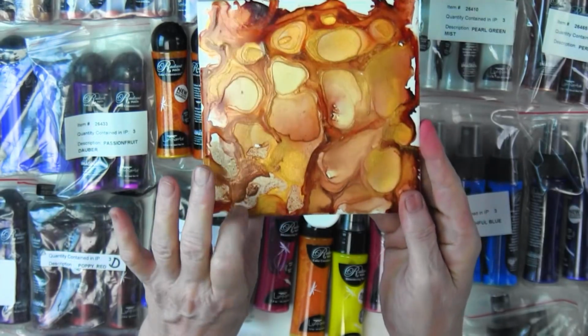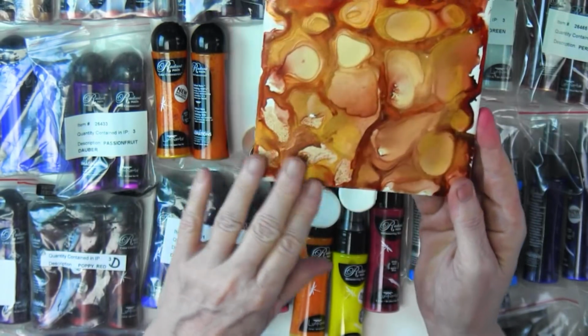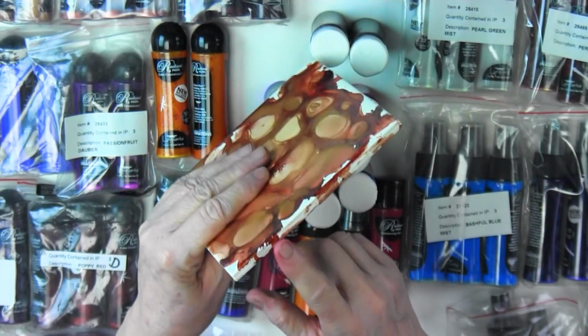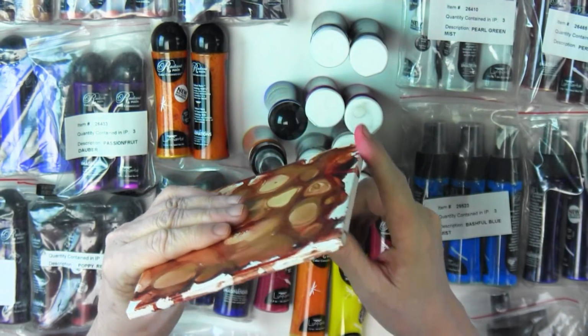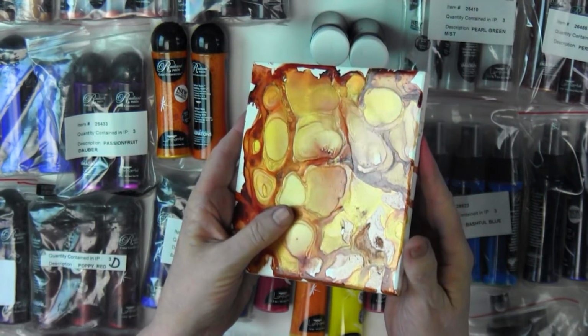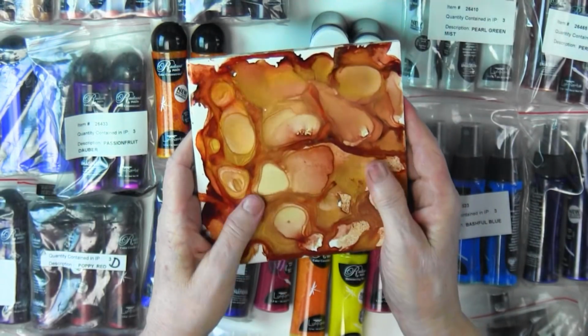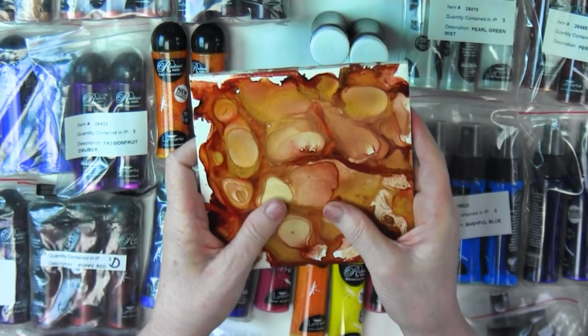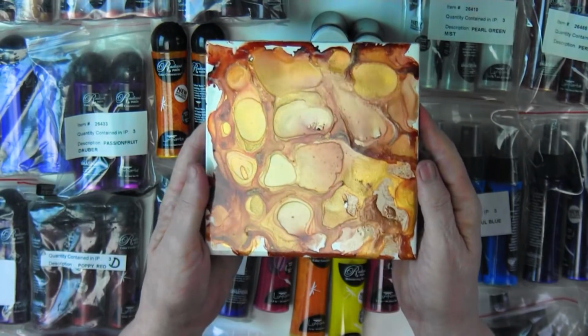Now, these things are great. You could put them in the bottom of bread baskets, obviously trivets. What I think I'm going to do is actually finish this with some red around the edges. And, of course, now that everybody's playing with resin, I'm going to put some resin on top. By the look of the shine of this, I think I sprayed this, if memory serves me, I was using